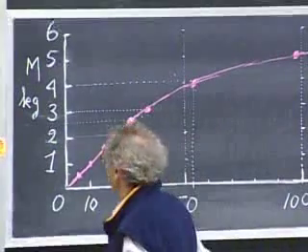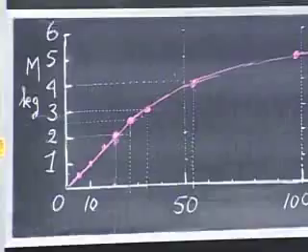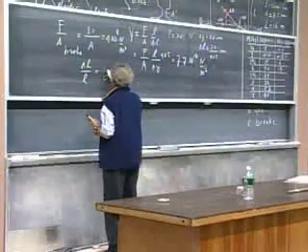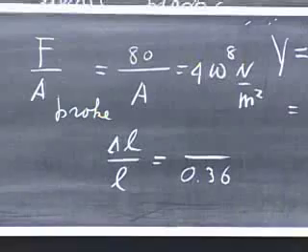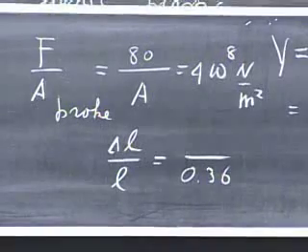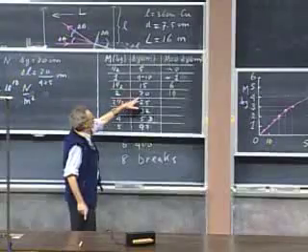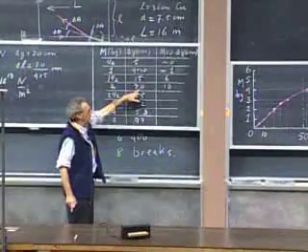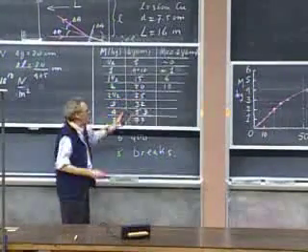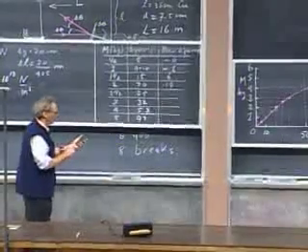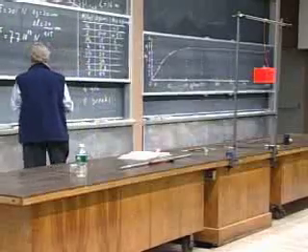Well, we know the length, 0.36. And when we take the case where we reach the end of the Hooke's law parameter space, we have a delta L which is 425 times lower than this. So we have 20 divided by 425, and that is